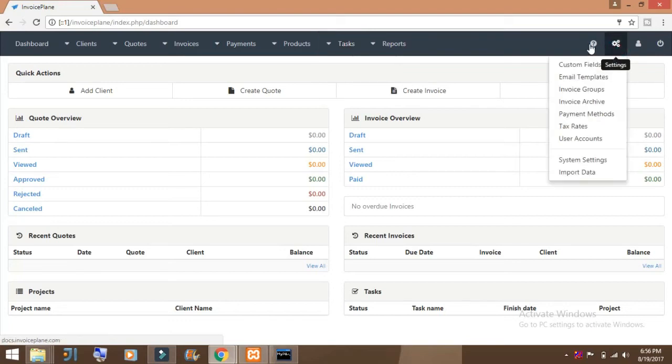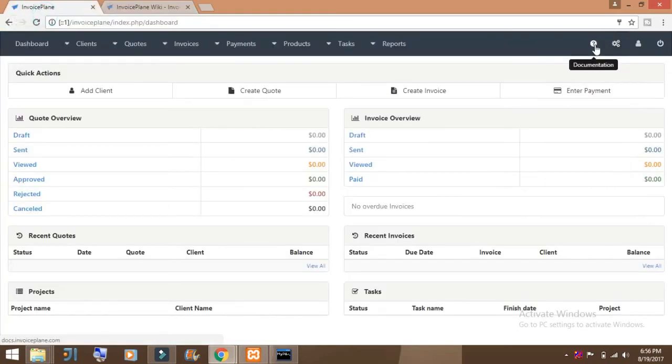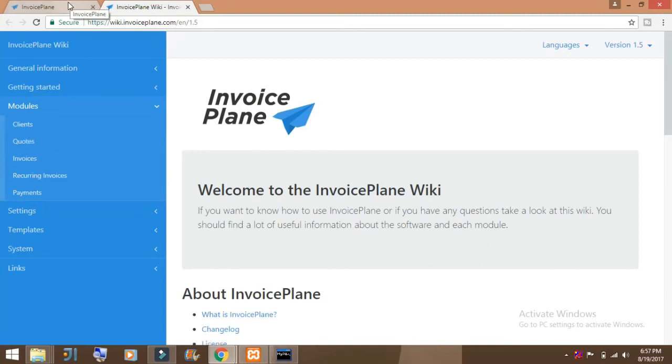Here there is settings as well. You can see the documentation of this project by simply clicking here, right? You can see the functionality of this project and understand this system, right?